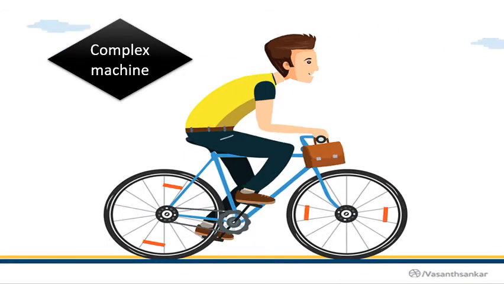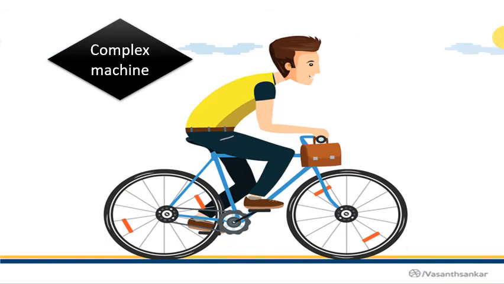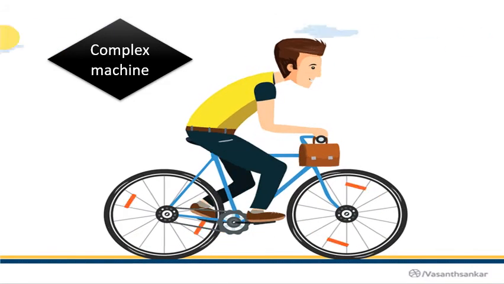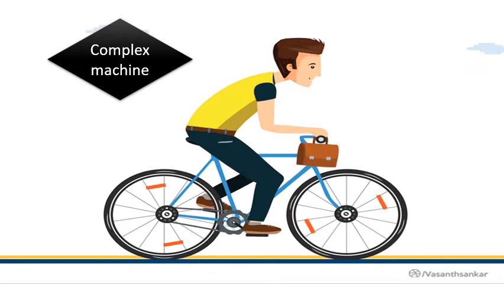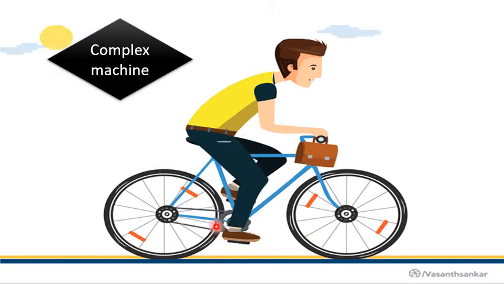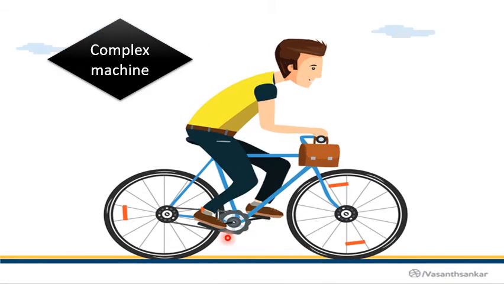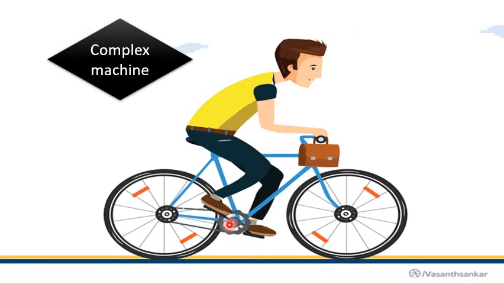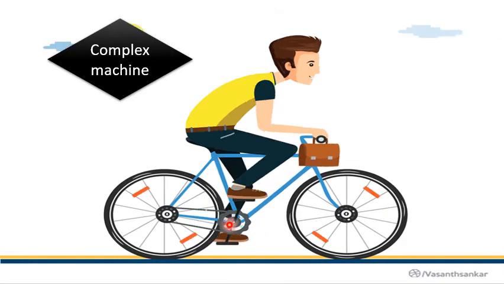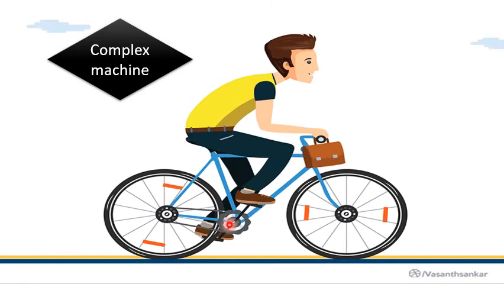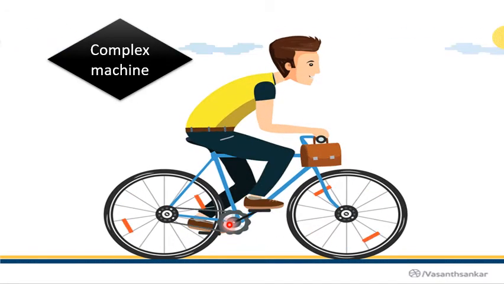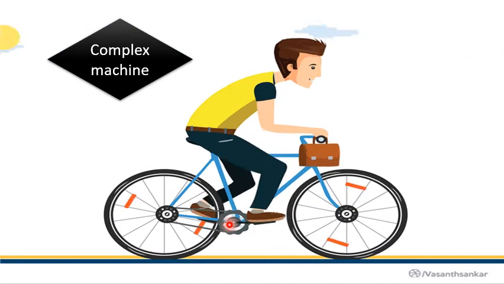Now in this bicycle we can see the wheel and axle, we can find many screws, and apart from this there would be a pulley-like structure here, and many more things we can find as simple machines. So when more than one simple machine joins together to get the work done, it is called a complex machine, or simply we can say that complex machines are those machines which have several simple machines arranged or attached in a specific or particular manner.